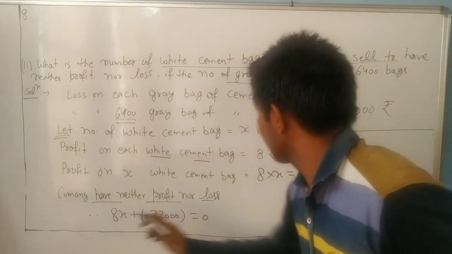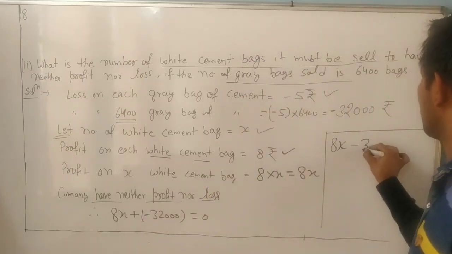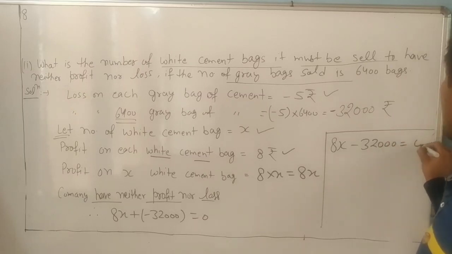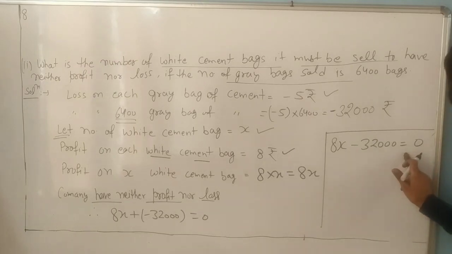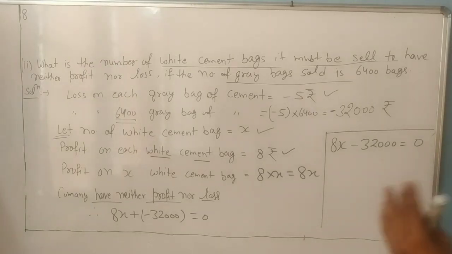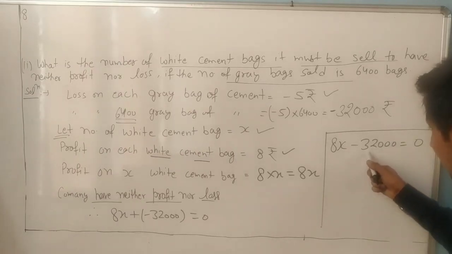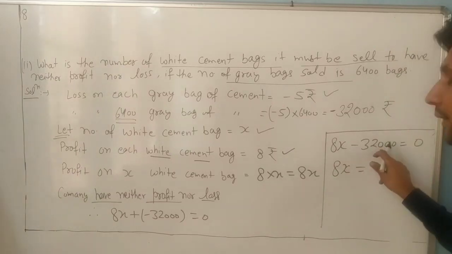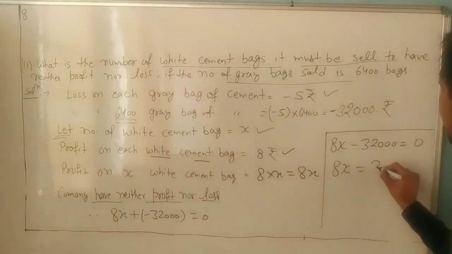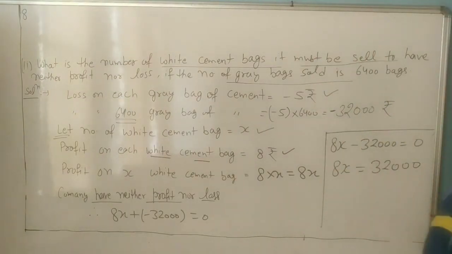Now dear, 8x, positive into negative, negative. What do we want to find? The X value. Now you have to remember, whenever an equal sign comes, we will discuss later in the algebra chapter. Always remember, whenever an equal sign comes, negative on one side becomes positive on the other side. Positive becomes negative, negative becomes positive.